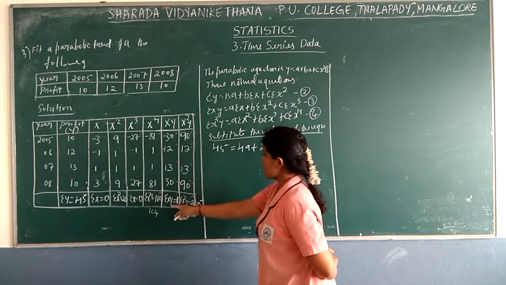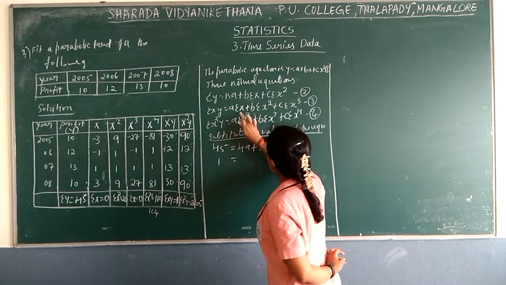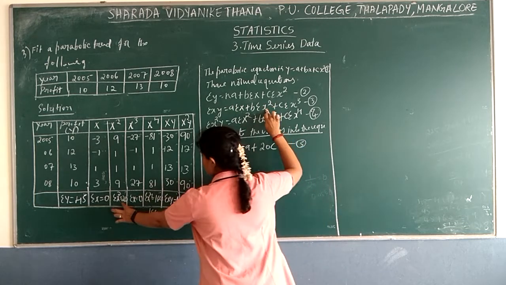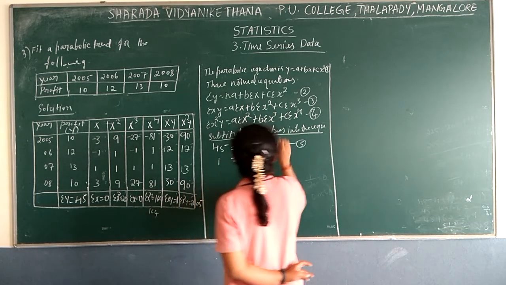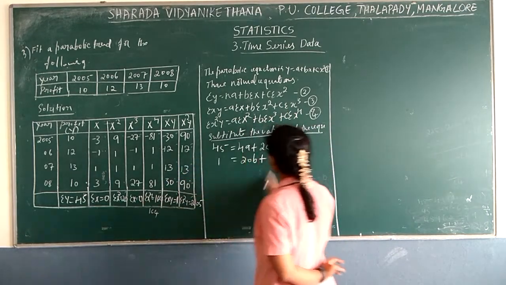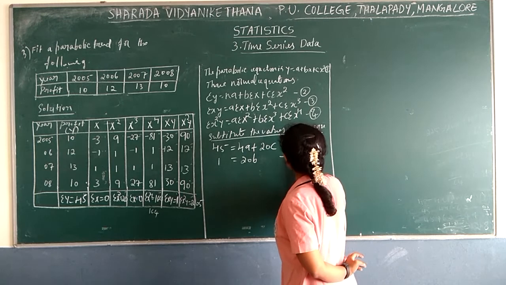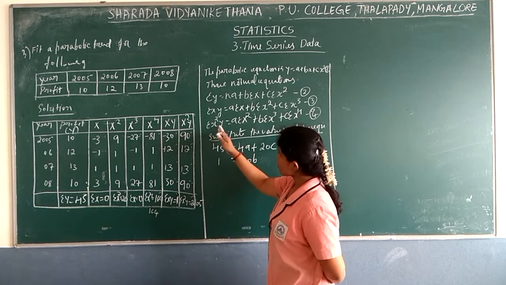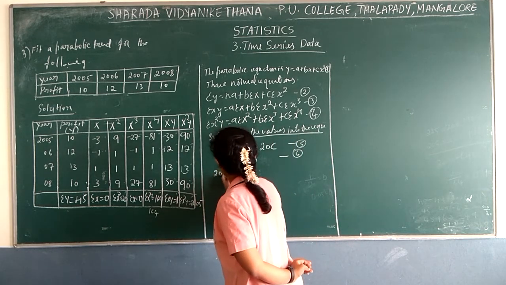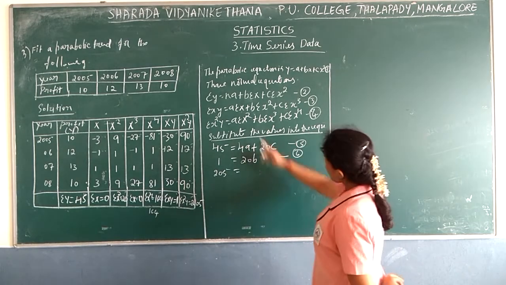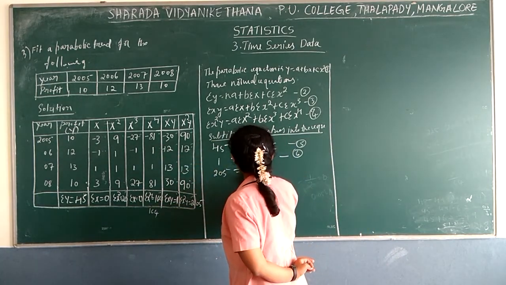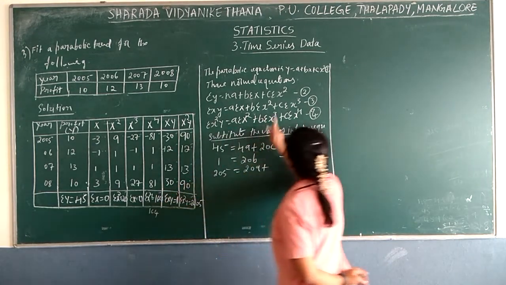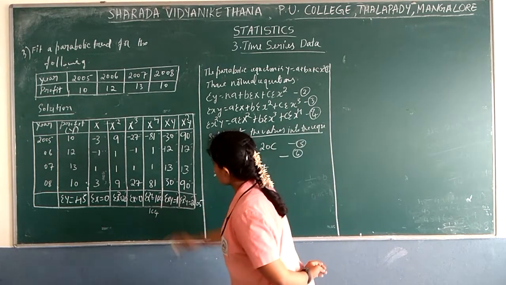Next, xy is 1 is equal to A sigma x, which is 0, so it doesn't come. B sigma x square, 20b, plus C sigma x cube is 0. It doesn't come over there. So it is the sixth equation. Last, sigma x square y is 205 is equal to A sigma x square, 20a, plus B sigma x cube is 0. Doesn't come. C sigma x to the power 4,